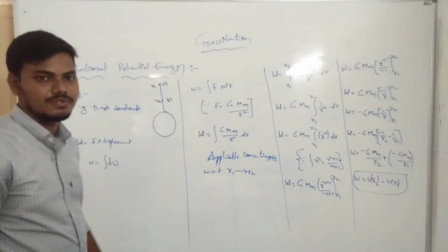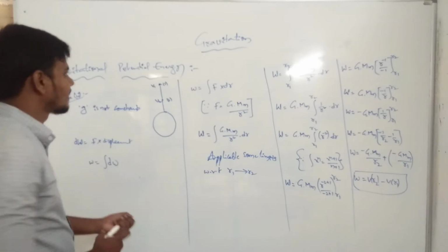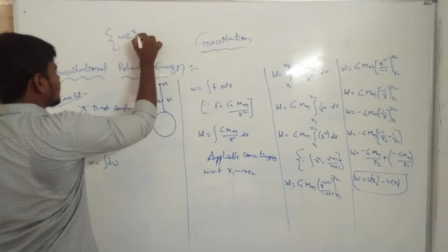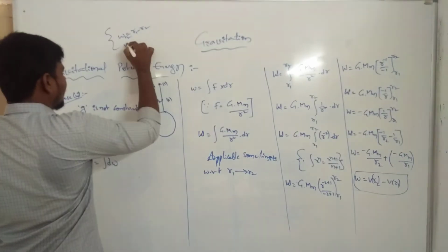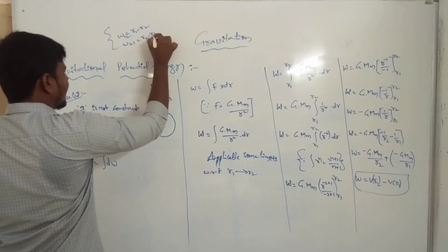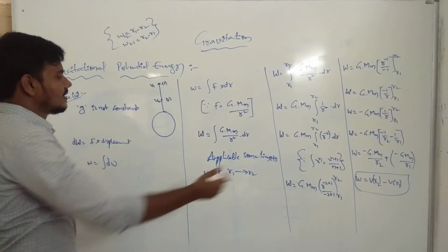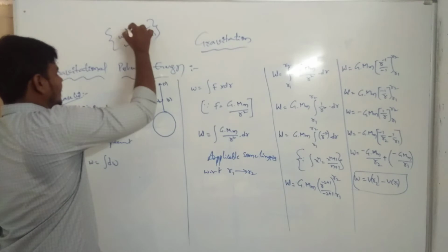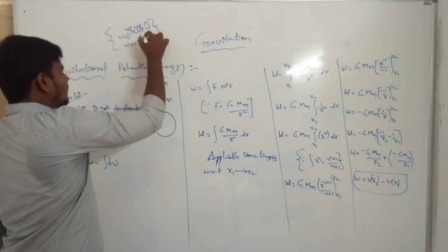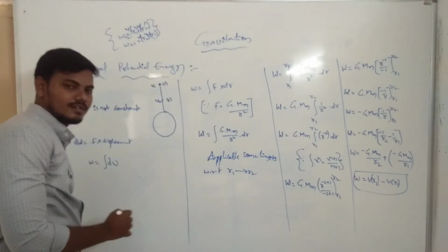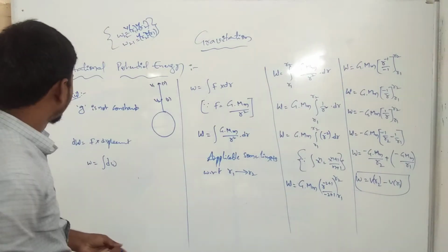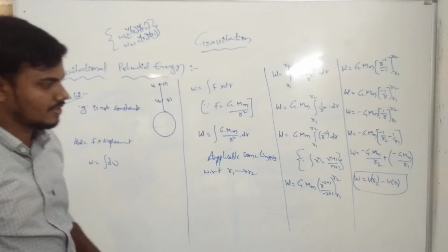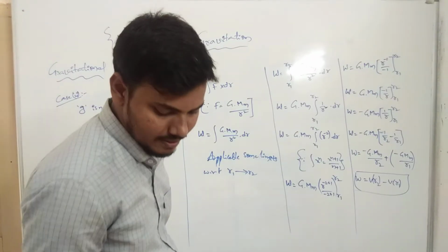In our previous work we introduced W is equal to r1 minus r2, that is, W21 is equal to r2 minus r1. There are two applicable features. We are introducing the V of the work function, and again also V of the function. Clear? Now these are the functions you can take in gravitational potential energy. Now next one.